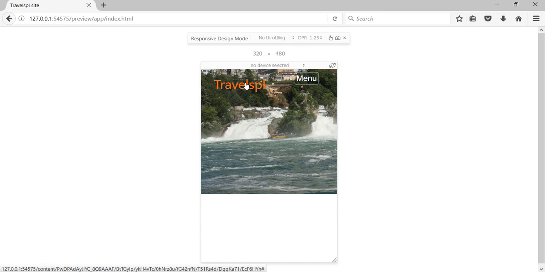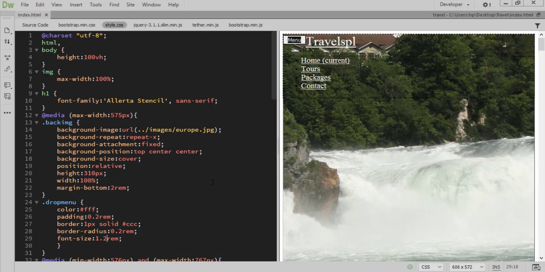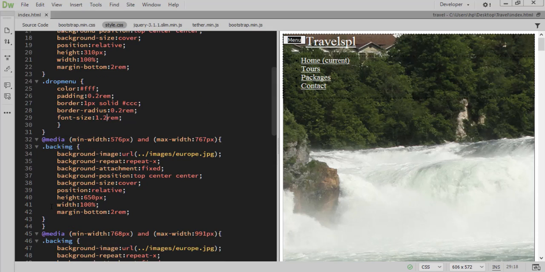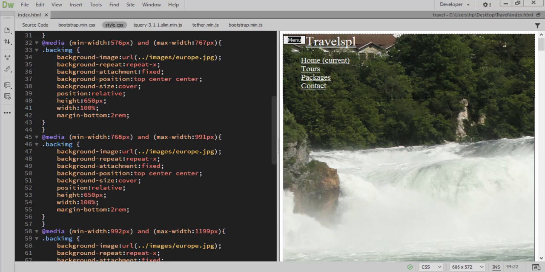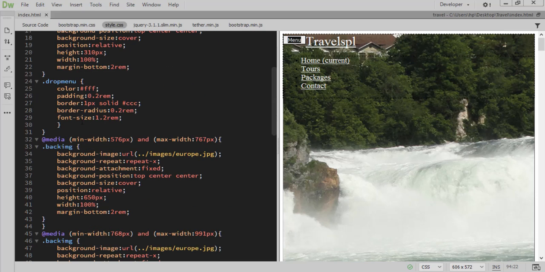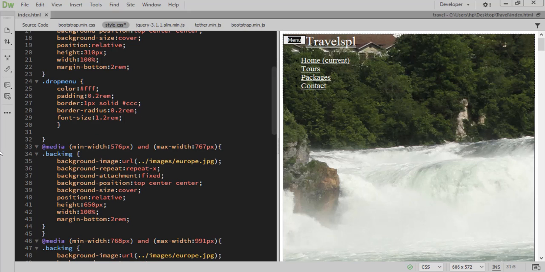Now this travel SPL, we have to push it up a little. So for that we need to target that navbar brand. The navbar brand, we have the code here. Let's copy this and come to the smallest viewport, because these changes are going to be done in the smallest viewport. So here we'll paste that code. My navbar brand, and here